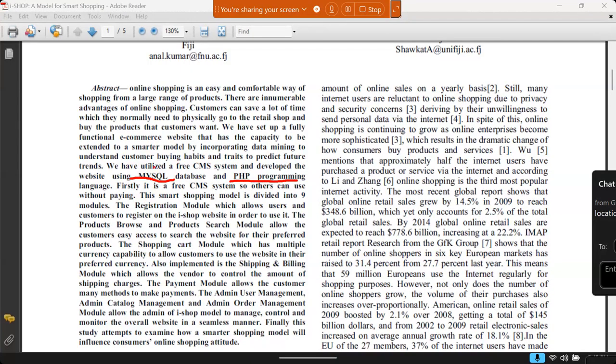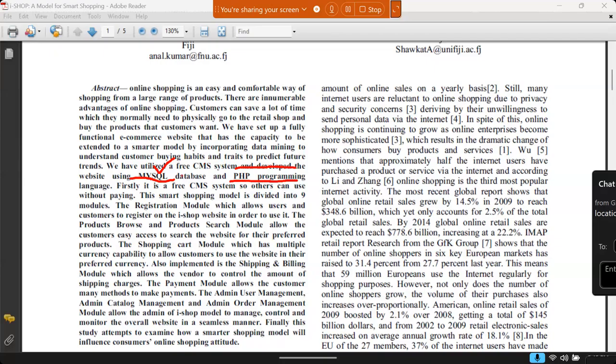We will use the same MySQL as database, but we will use Node.js as programming language. Instead of PHP, we will use Node.js and Express. You can use Java, JSP, you can use .NET, ASP.NET, you can use Python, Django and all. Now we will use Node.js and Express.js. By using Node and Express.js, we will build this. We are going to do that. Okay.